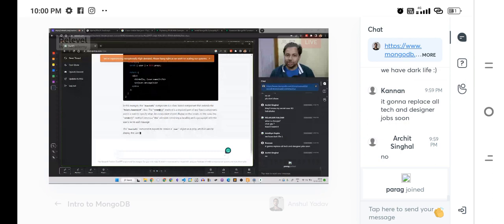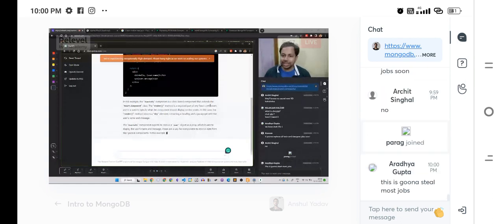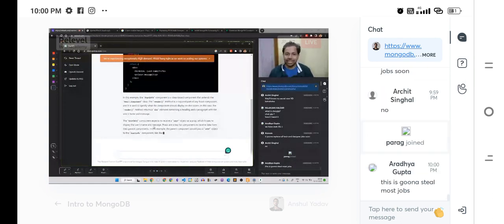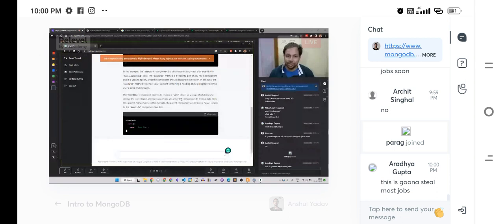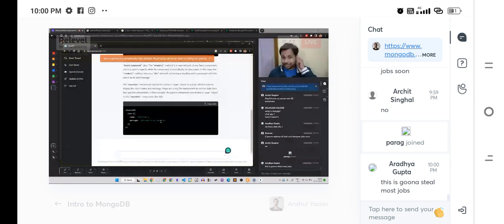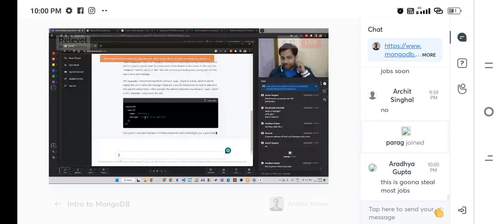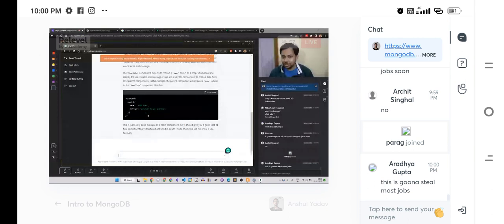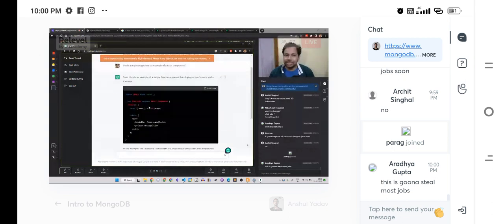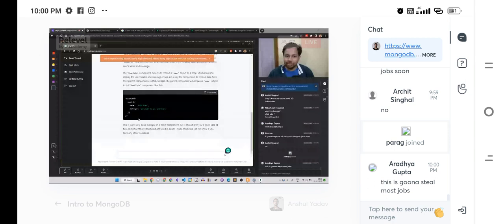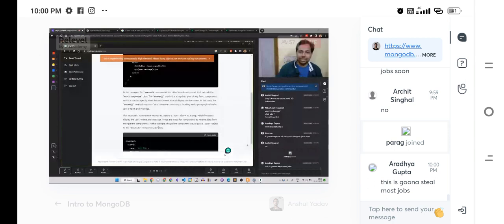In this example, the user info component is a class-based component that extends, and then user info component expects to receive user, and then this is how you put that code into the HTML file, and suddenly the HTML file will have the component. Okay, now once you have learned this,